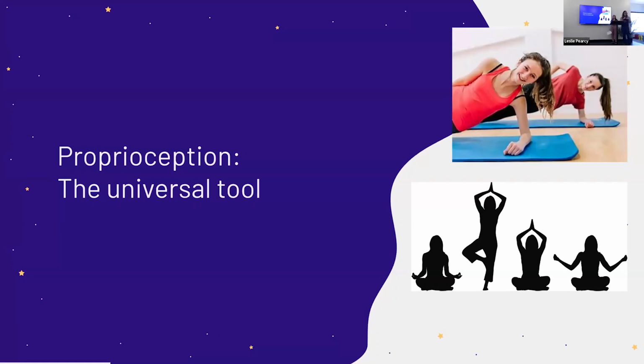So when in doubt, try what's called heavy work or proprioceptive input. I think a good example is thinking about exercise for ourselves. Let's say that you are really tired in the morning and you are having a hard time waking up, but you decide to go and do a workout. That workout is going to alert our nervous system and help get us into that just right state, so